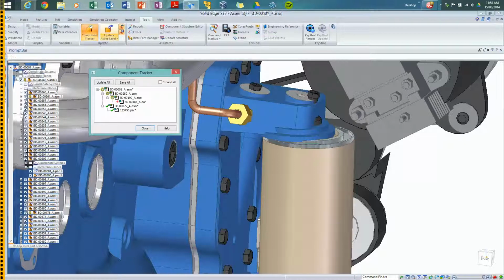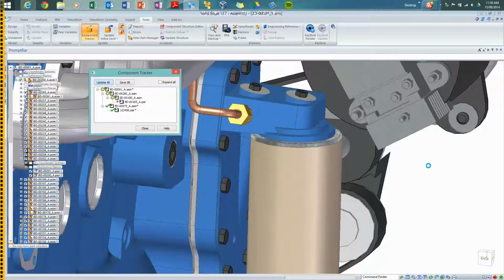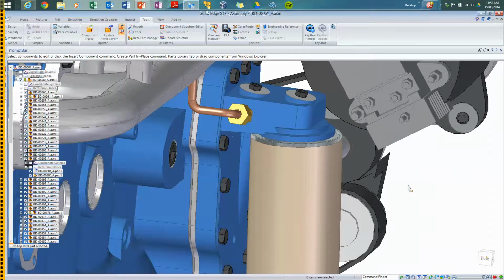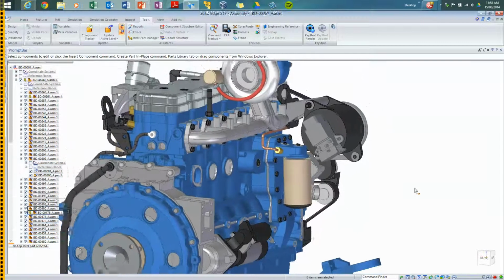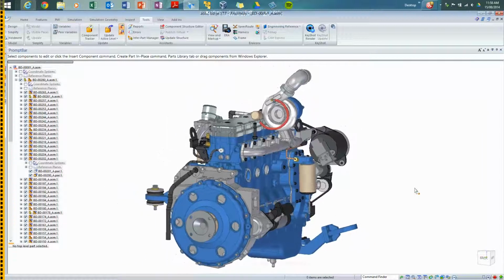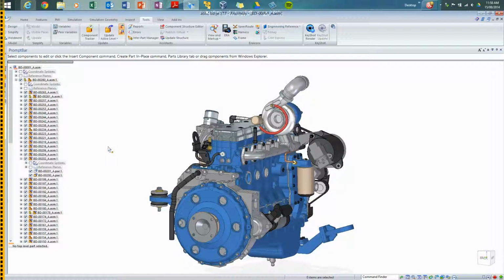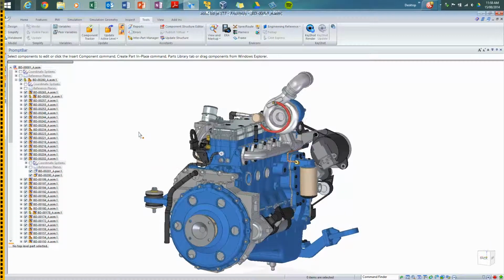So we could do update all links, or we can run the update from the component tracker tool, and then we can get those assembly relationships to update. Everything looks fine. If you need to, you can expand the entire assembly structure in that list, but generally it's more useful just to list the components or the elements that are out of date and need assembly relationships updating on them and